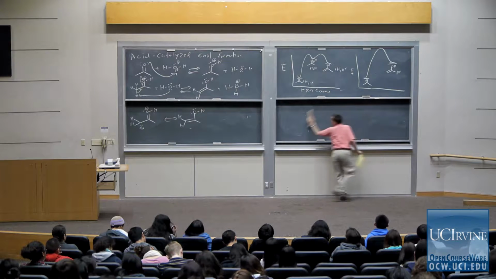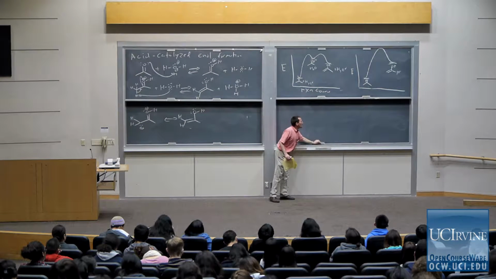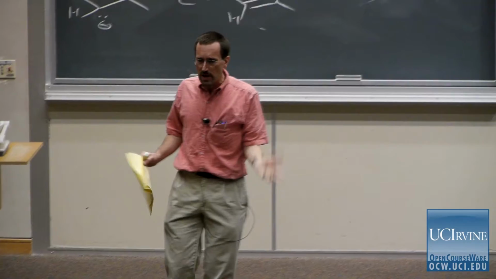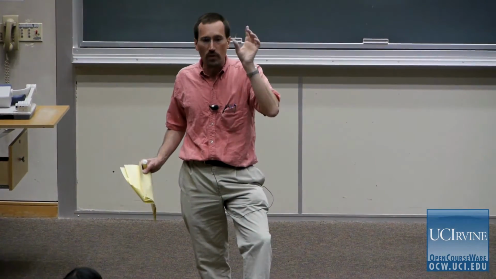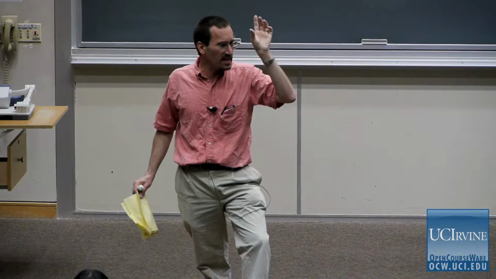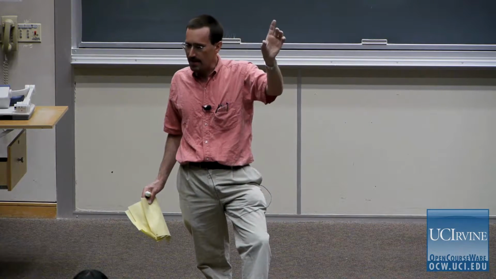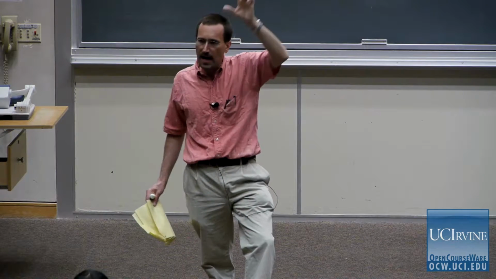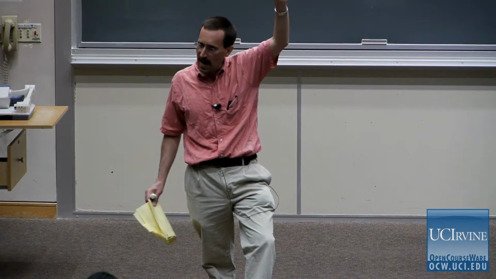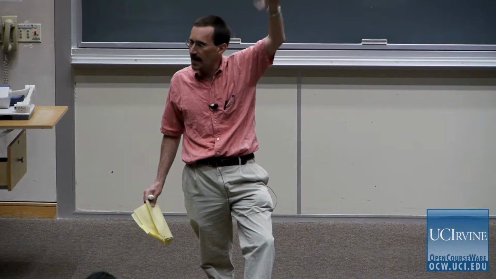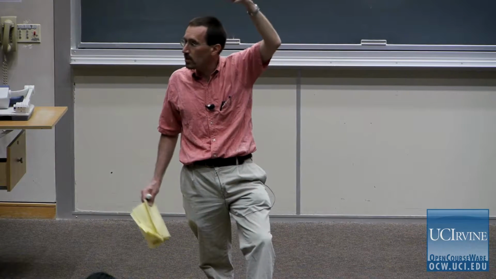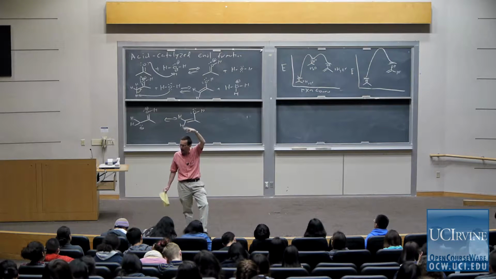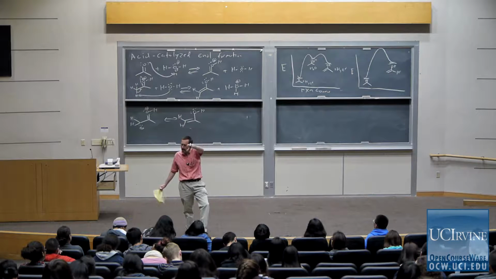Now, the other thing, and I've been beating on this like a dead horse. And the other thing that's important is the reverse reaction proceeds through the exact same mechanism. When cyanohydrins form by adding cyanide to a carbonyl to give an oxyanion, and then protonating the oxyanion to get the alcohol, we learn that cyanohydrins break down under the same conditions by deprotonating the oxygen to give an oxyanion, and then kicking out